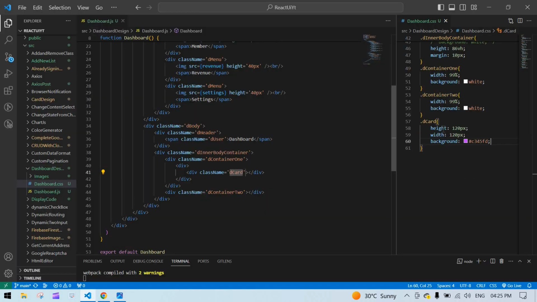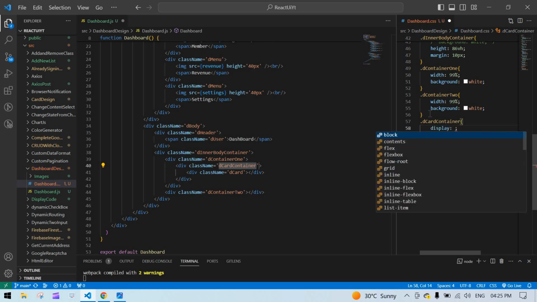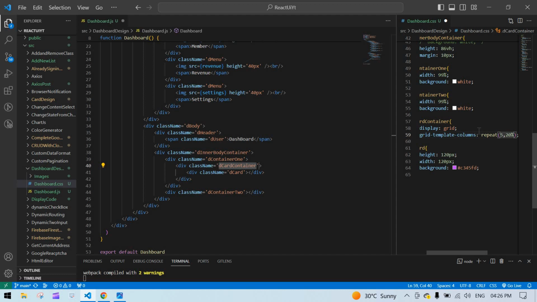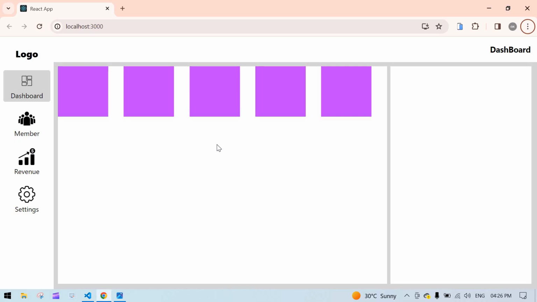So here I'm going to add a class. This is d card. Copy this, and before that I want to add a grid for this. After this, grid template column, repeat, and I'm going to display 5 cards, so 20%, and save this. Here I just duplicate this for 4 times. We get